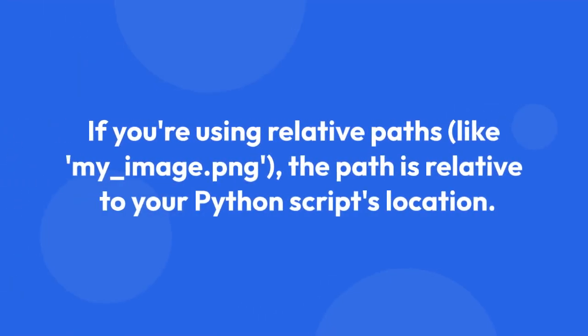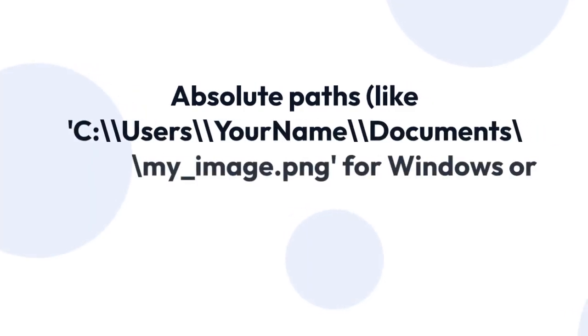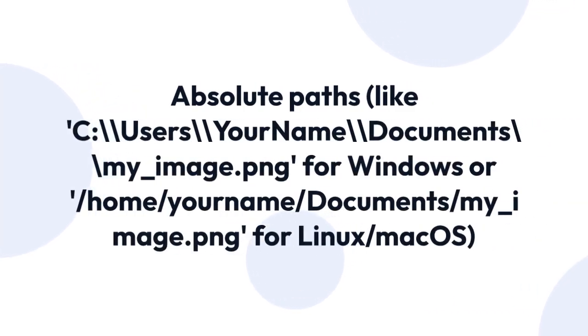If you're using relative paths, like 'my_image.png', the path is relative to your Python script's location. Absolute paths, like 'C:/Users/your_name/Documents/my_image.png' for Windows, or '/home/your-name/documents/my_image.png' for Linux, Mac OS, leave no room for confusion, but they're not very